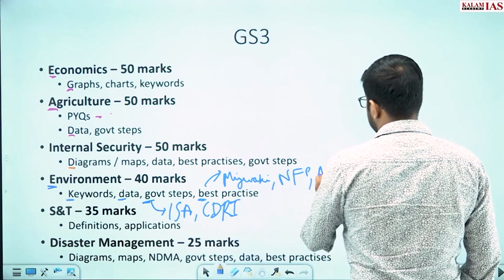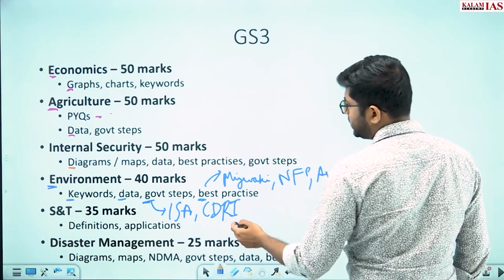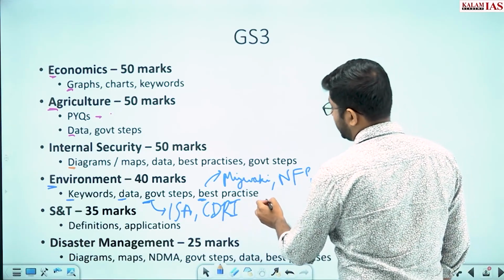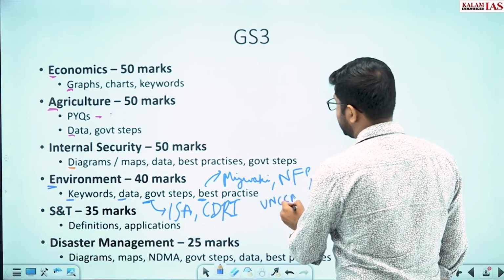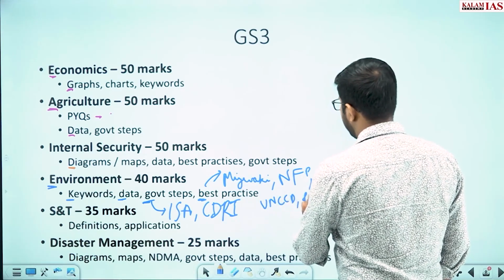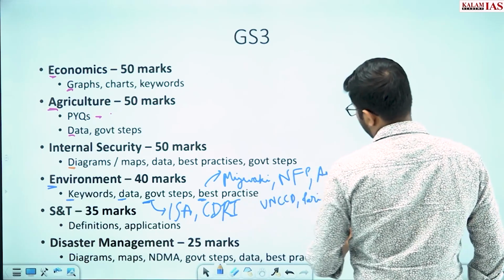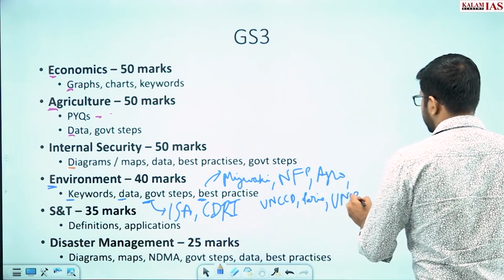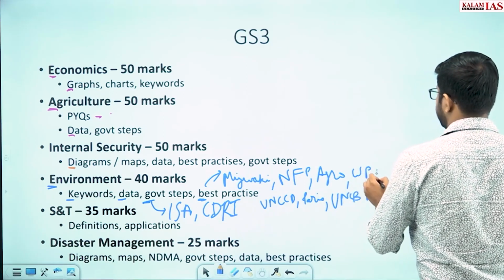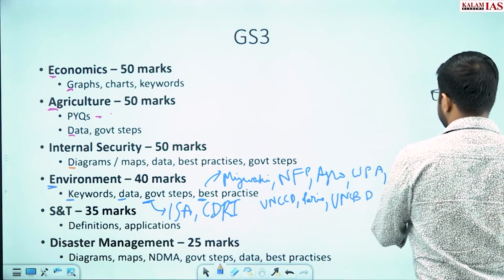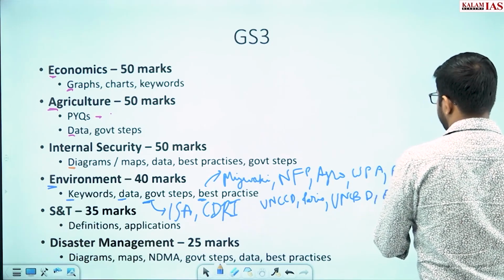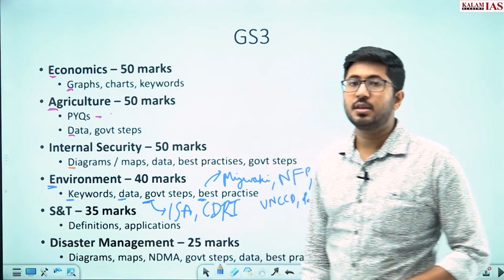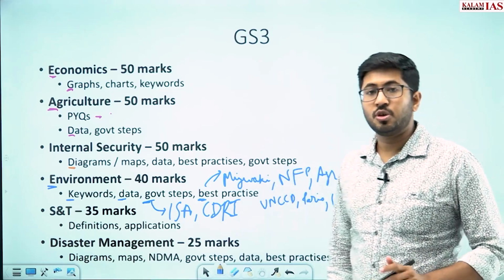We promote agroforestry, and then a lot of other things you can mention. Suppose we have signed a lot of agreements: UNCCD, the Paris Agreement, the 1.5 degree and 2 degree rise in temperature, or UNCBD, and then a lot of acts like WPA, EPA. So you can mention various things, EIA, how to balance development versus environment. These are the things that you should mention in your environment answers, and that will ensure your answer is